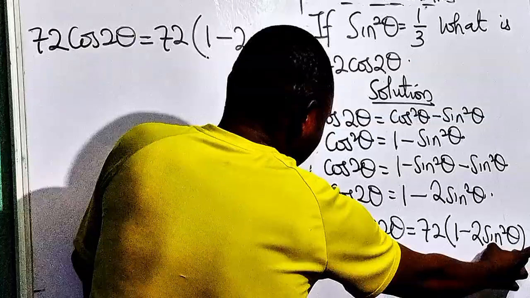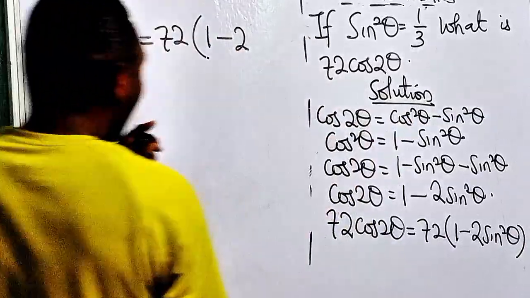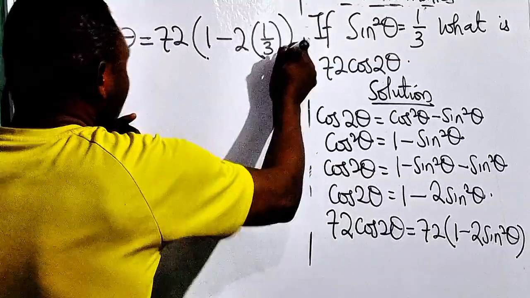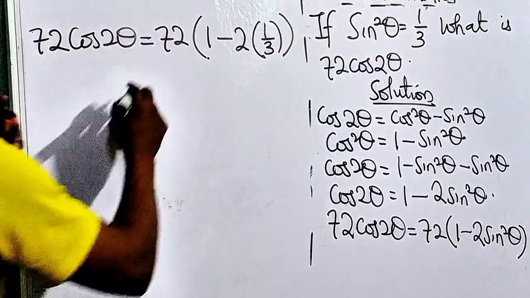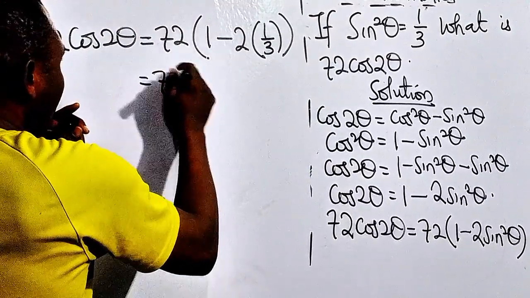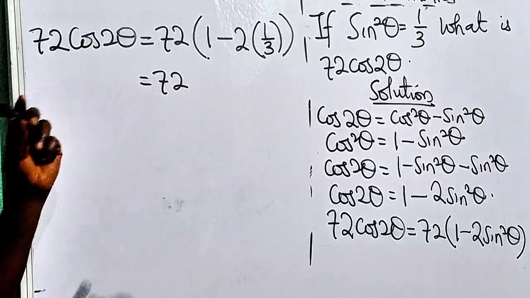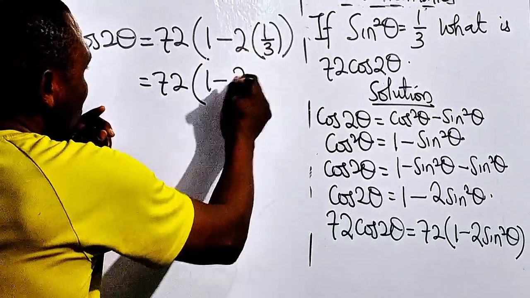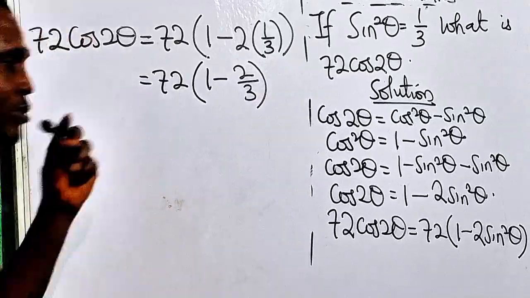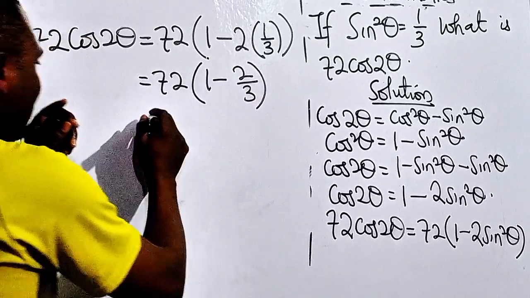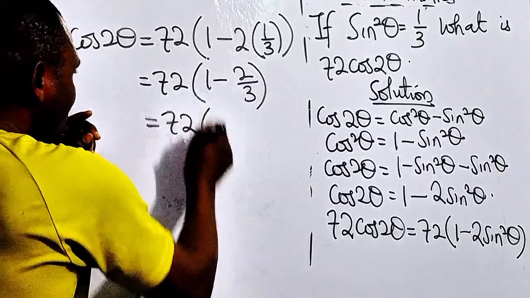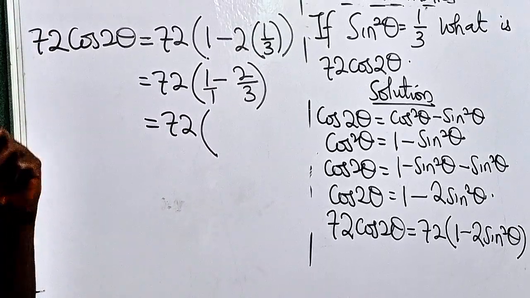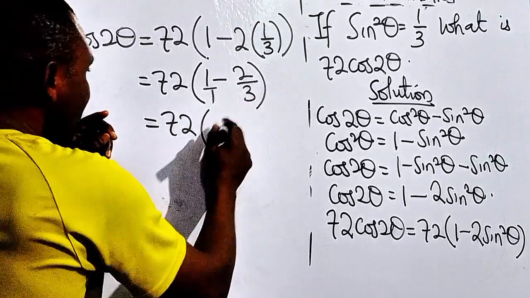So anywhere I see sine squared theta here, I'll put what? 1 over 3. So brackets open 1 over 3, bracket close. Now this is equal to 72 brackets open 1 minus 2 times 1 is 2 over what? Over 3. Is that clear? All right, so this is equal to 72 brackets open. Now of course 1 is still the same thing as 1 over 1, so LCM of 1 and 3 is